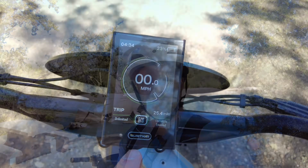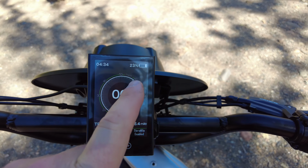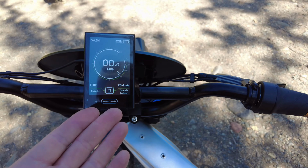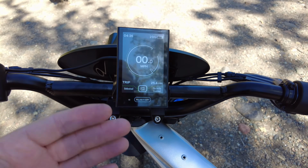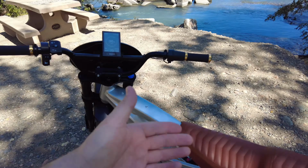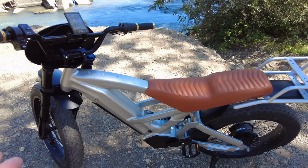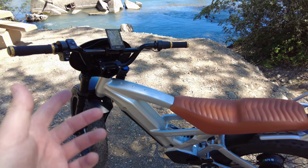All right, well, to give you guys an update, so far I've gone about 21, 22 miles, and just to let you know a couple things that I've noticed about the bike. Well, so far I've actually gone 25 and a half miles, and we're at 23%. Now, I estimated about 30 because normally that's how much I get when I do a ride like this, and I'm always having to stop and go for camera changes or just certain shots. And stopping and going will use a lot more power,